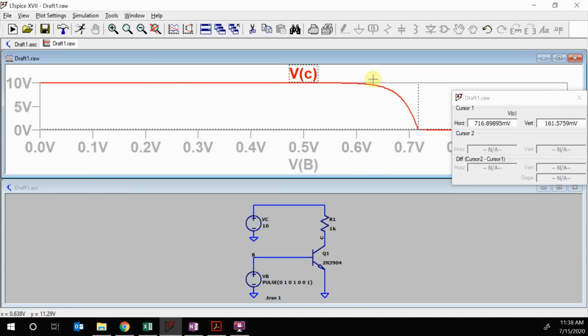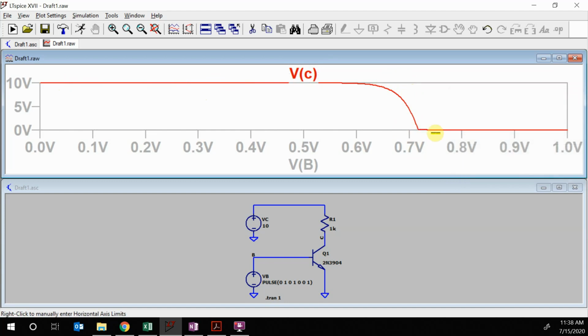This section right here is where we want to use the transistor most of the time, because this is the region where it's going to be called linear, where we can make amplifiers and things like that. So this is my amplifying region. This is where we model it as an open switch, because right here there's no current conducting. There's no current conducting, it's an open switch. And over here, we call this a closed switch, and this is the